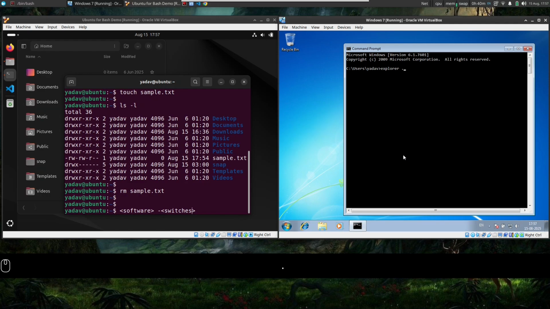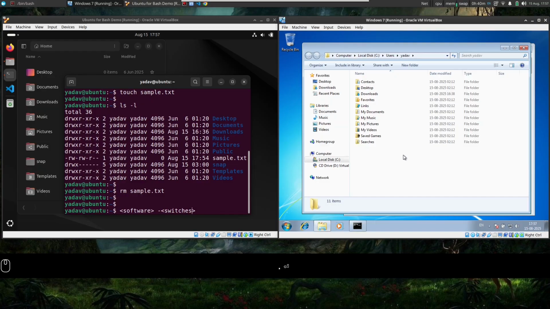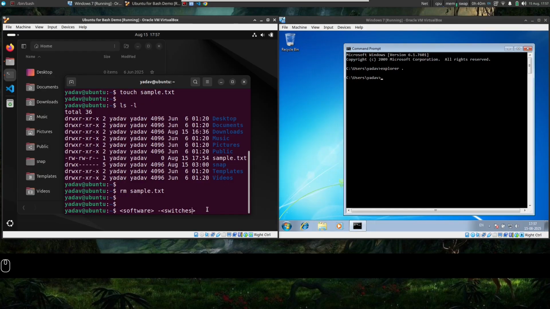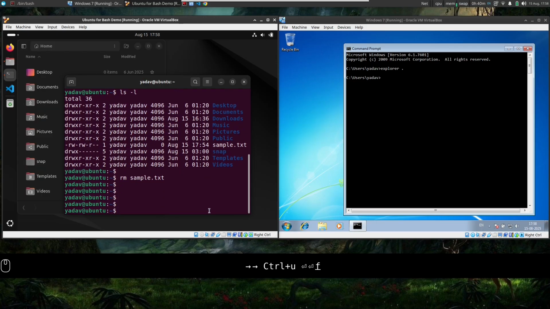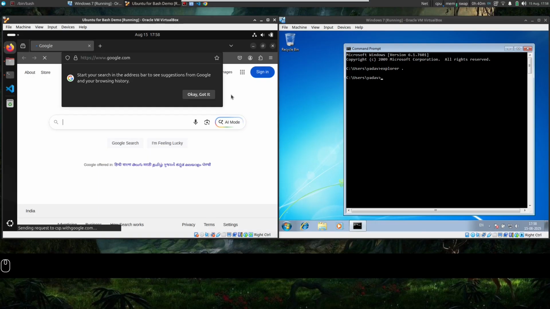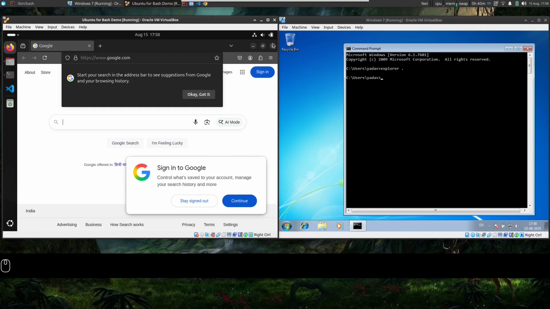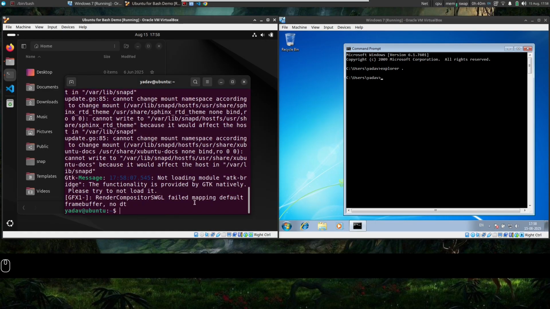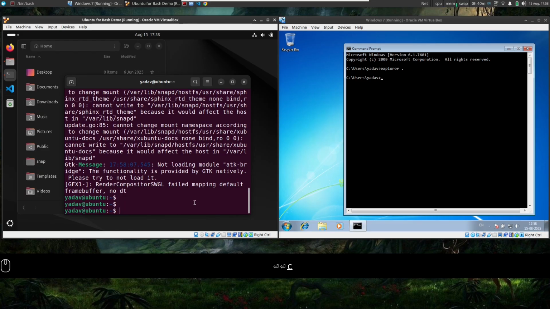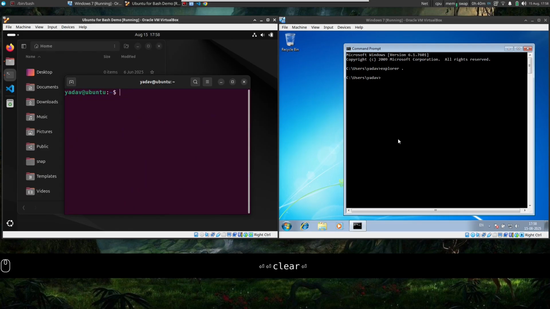I will explain it now. If I press enter, see, the GUI got opened. Similarly, in this one, let me demonstrate that you can always press Ctrl U to clear the whole line. We can do, let us say, firefox and google.com. It opened the GUI. So the general format is the software and then the switches, options or parameters, whatever you want to call them.